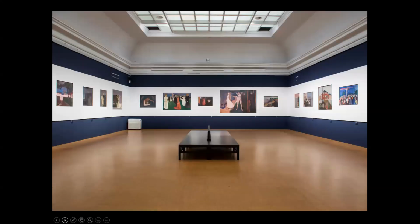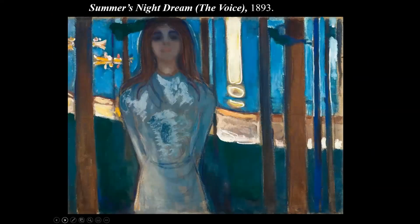So The Frieze of Life, like an Ibsen play, goes through all the different stages. It has a section devoted to love, and a section devoted to death. I'm just going to concentrate on love, which appears to be at the bottom of Edvard Munch's angst, broken love affairs. Summer Night's Dream, The Voice, which starts, is one of the earliest paintings associated with his Frieze of Life, and tells of his infatuation and broken love